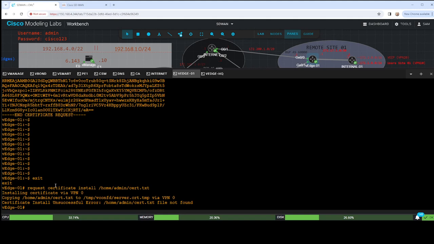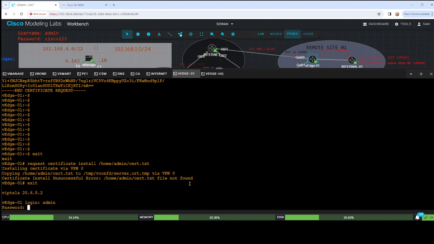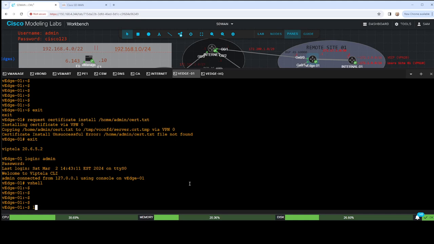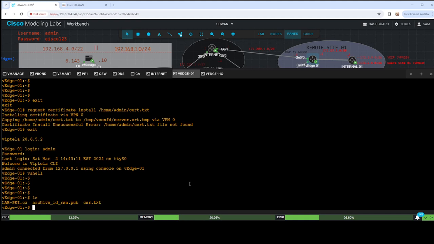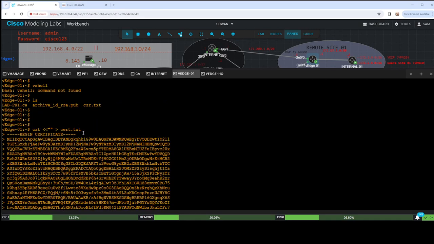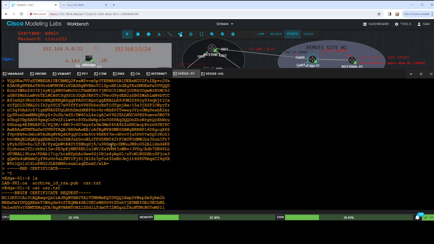What is it saying? Install unsuccessful, error: cert.txt file not found. Really? Let me see. Oops. Let me go back into vShell. You know, this is good because it does show also my troubleshooting steps. Oh. Well, that's because cert.txt, we never did the